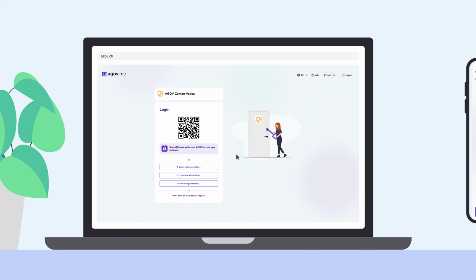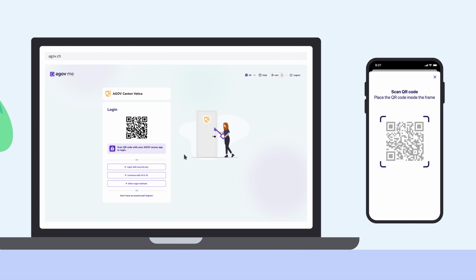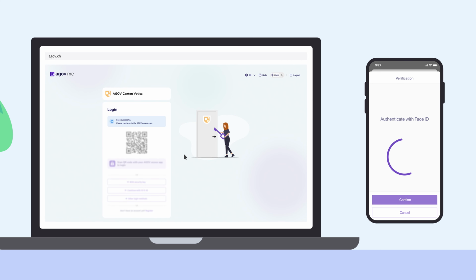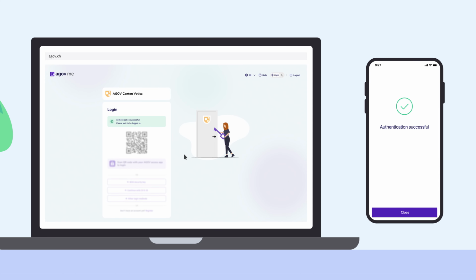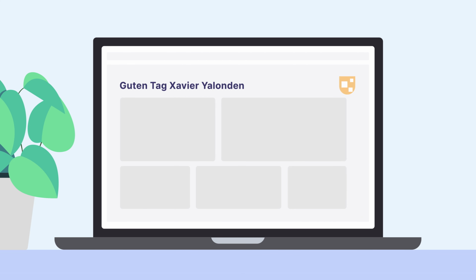Using your smartphone, you now scan the AGOV QR code on your work device's screen. This step is not necessary if you have accessed the official application in your smartphone's browser. After your smartphone has biometrically recognized you as the owner, a login notification will now appear, which you can accept or reject. After acceptance, AGOV redirects back to the original official application and you are now logged in there.